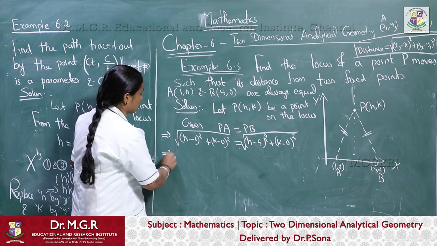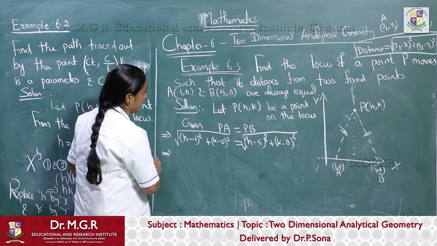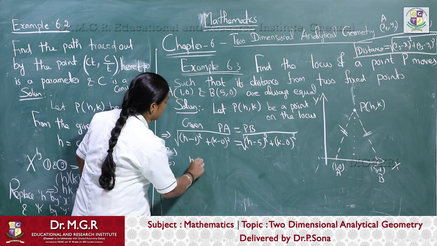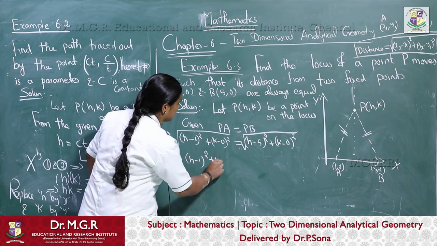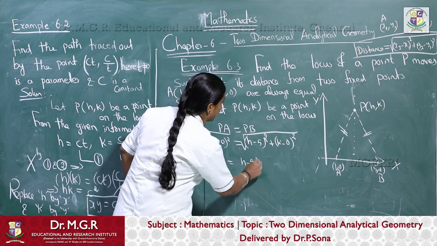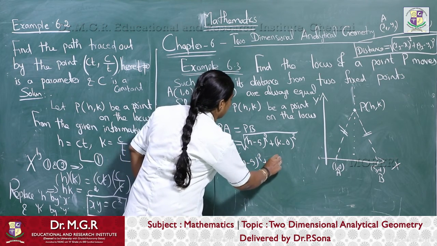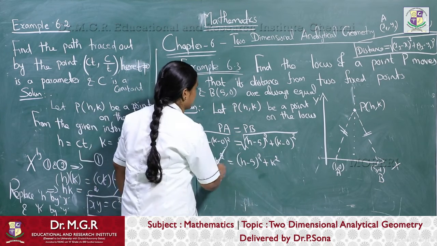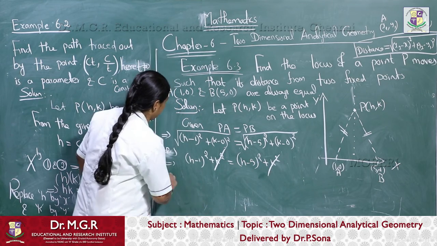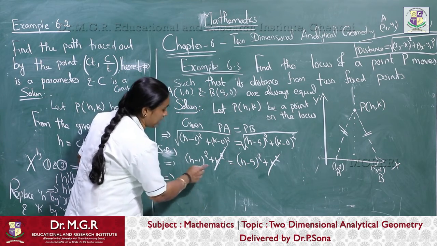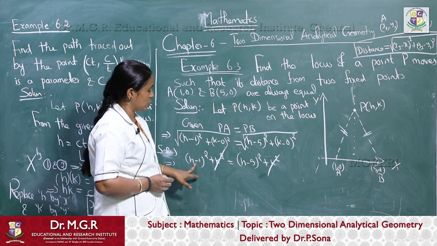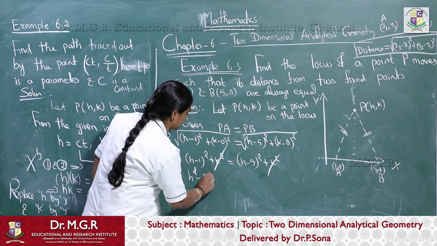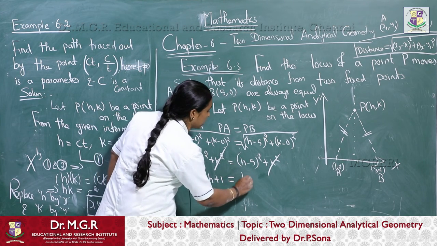Now we take square on both sides. We get (h minus 1) the whole square plus k square is equal to (h minus 5) the whole square plus k square. Just simplify these two. The k square and k square cancel. The remaining we have to expand and simplify. (a minus b) the whole square is a square minus 2ab plus b square. So h square minus 2h plus 1 is equal to h square minus